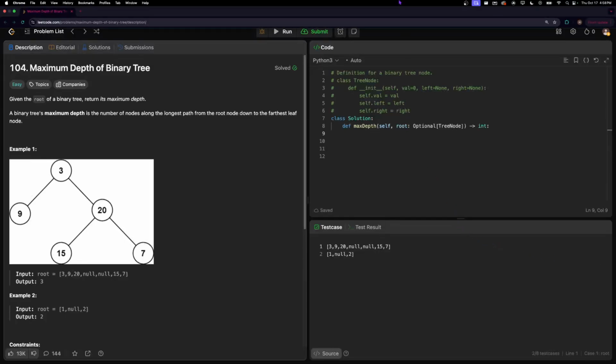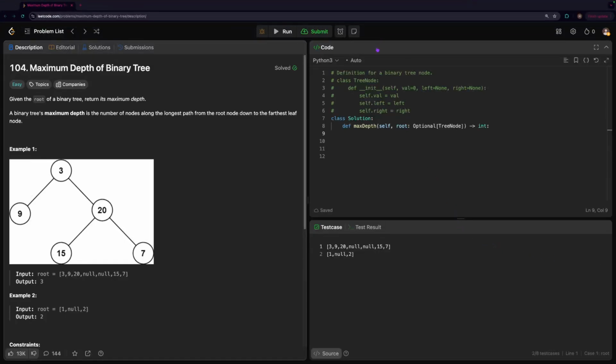Hello everyone, today is day 30 of solving a LeetCode problem every day, and today let's find the maximum depth of a binary tree. Given the root of a binary tree, return its maximum depth. A binary tree's maximum depth is the number of nodes along the longest path from the root node down to the furthest leaf node. So in this case, the output's going to be 3 because we have one node here,